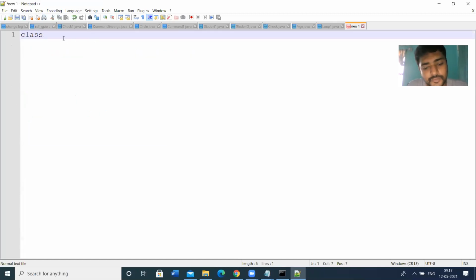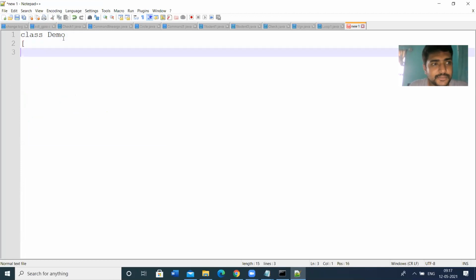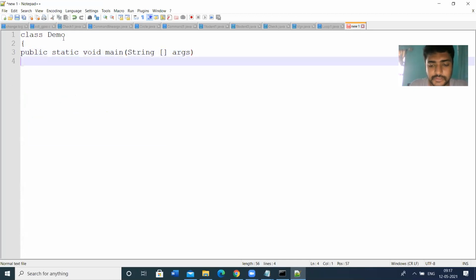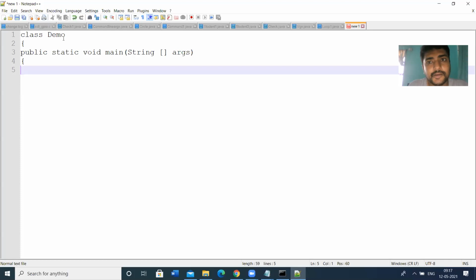Class, let us make it as demo. Class name is demo. Let us define the public static void main, String array args. This is the main method I am defining.